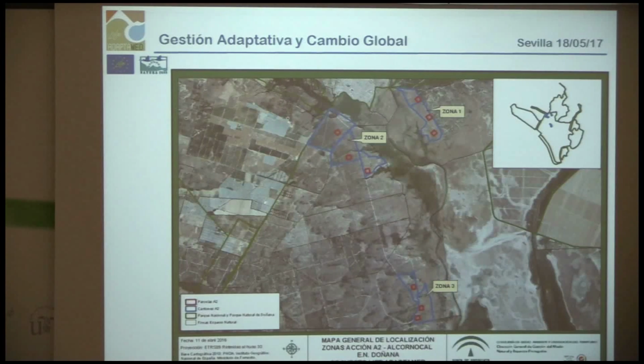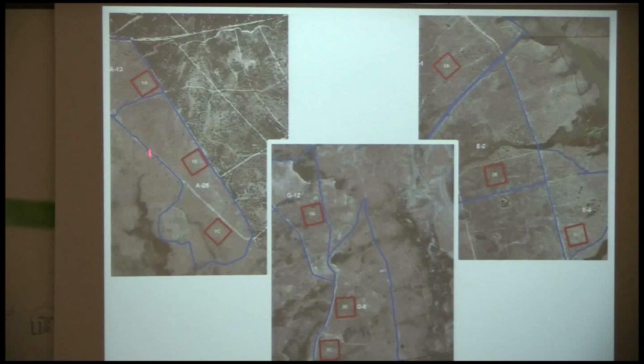And how do we do this? Okay, you can see here that instead of doing an intervention in a given place, which is what traditional forest managers will do, take a given area and do everything there, the adaptive approach consists in having a number of replicate sites in which the treatments are applied factorially. So there will be three treatments applied in Manecorro, 3 in Los Sotos, 3 in La Algaida. And in each of the 3 sites,